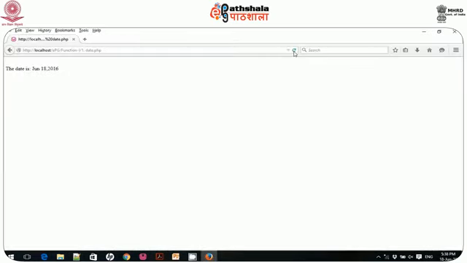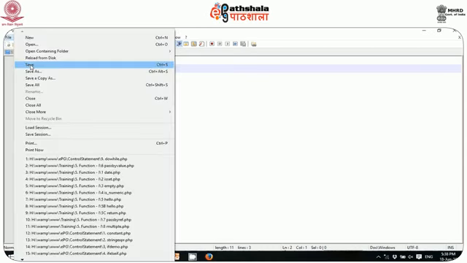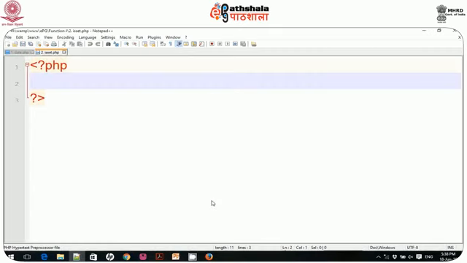One other function is isset, to test whether a variable is set or not. So again I create a new file to test it. Go to File, Save As, and give it the name isset.php. Here I define $name is equal to, let's say, my name I type, and now I would like to